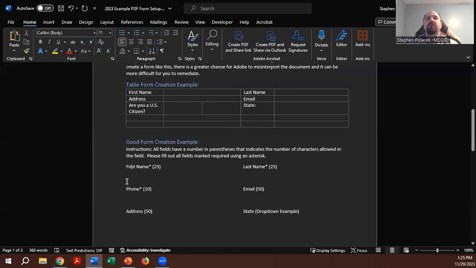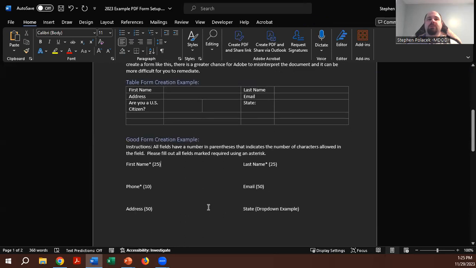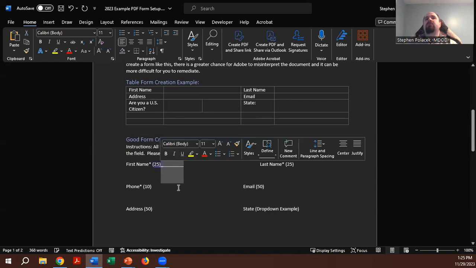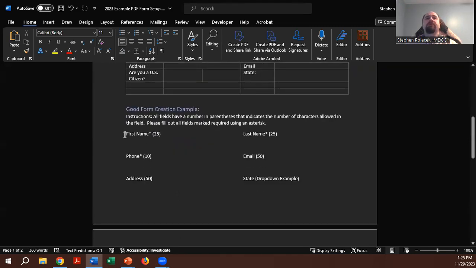But you should be aware that Adobe is going to look for things like either cells or underscores. Like if I drew a line here, Adobe is going to use that line to put a form field there. It might not do that this time. So just be aware of that. That's how Adobe works. If you feel more comfortable, you can put lines here,